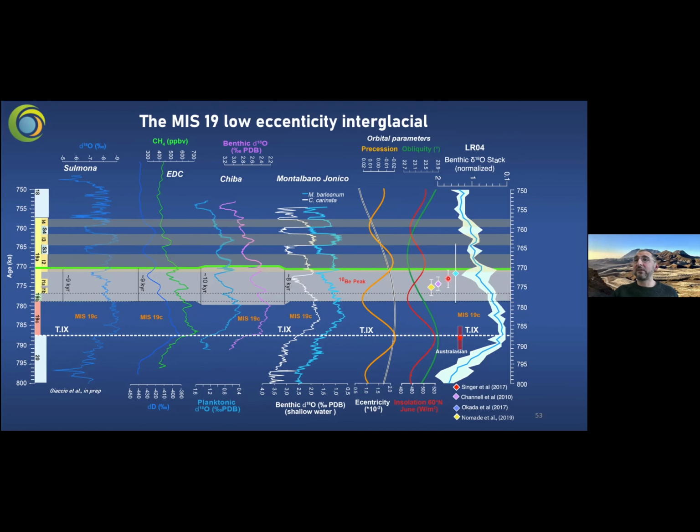And all the independent edges on the Brunns-Mathiama fall into this period. This is for basalt dating. This is based on the dates from North Atlantic deep sea core. And this is the edge we obtain in Montalbano-Ionico for the V4. I just put you here the edge of the Australasian tektite that are in all records, 20% of the Earth's surface, at the transition between MES 20 and MES 19. And if you look at Lidzeki-RMO, this is not in the transition. So it means if you tie any record to Lidzeki-RMO, this is wrong. The chronology is wrong.